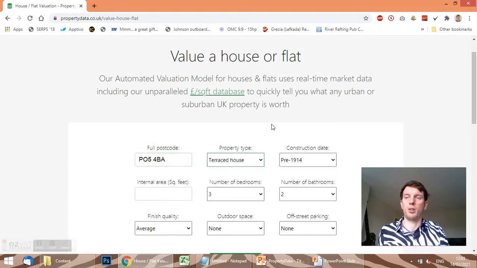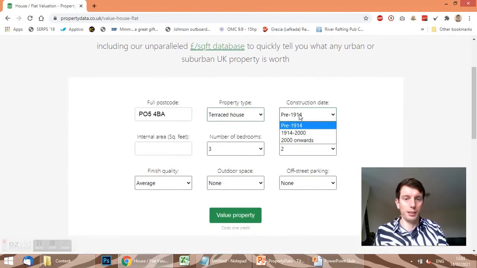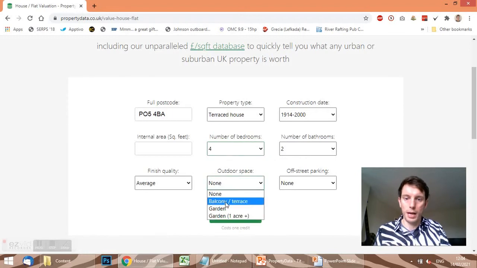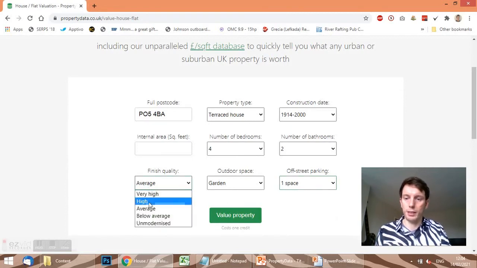And not that I want to get any more competition in Southsea, but it is a really good market for investing in. It's got 4 bedrooms, it's got 2 bathrooms, it's got a small garden, and we've got a garage at the property as well. And then I'd say the finish quality is probably high. And so what we're going to do is you need the internal area for a property that you're going to be